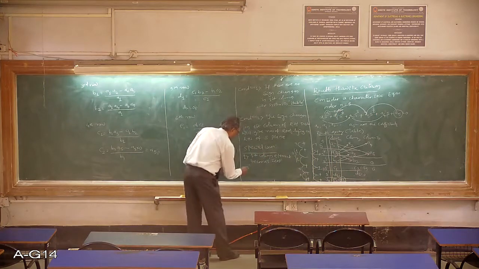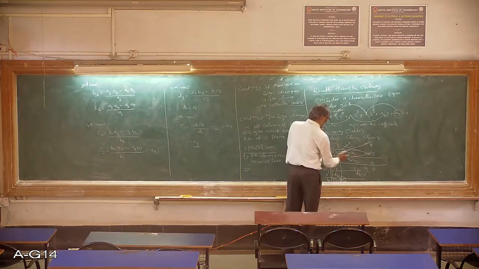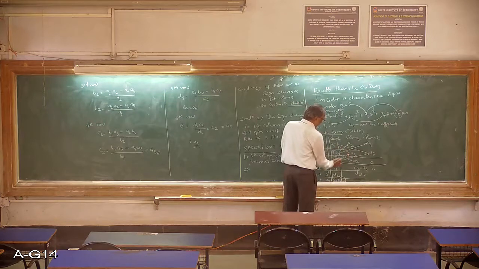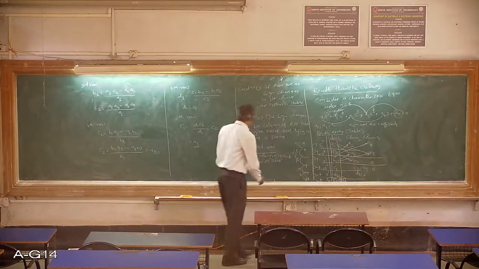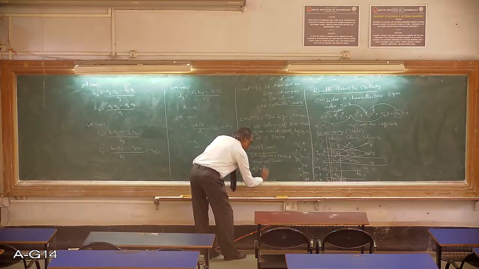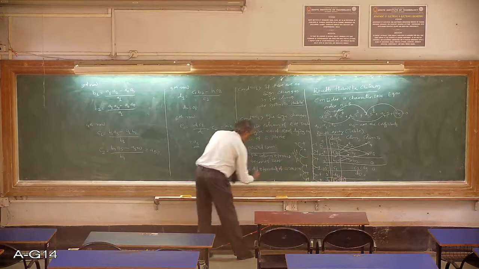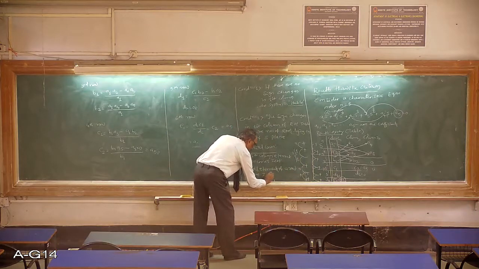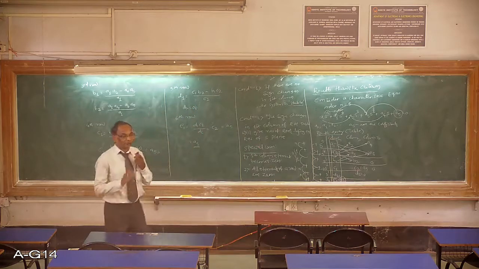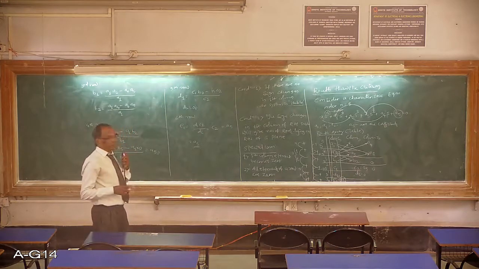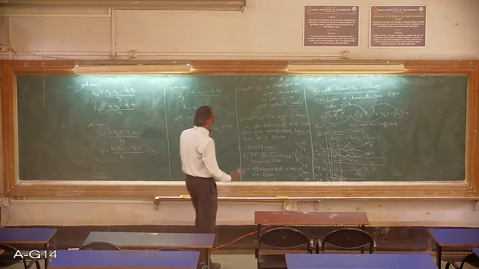special case. And the second special case is, suppose this is 1 2 1, 1 2 1. 1 into 2 minus 1 into 2, 0. 1 into 1 minus 1 into 1, again 0. So the second case is when all the elements of a row are 0. In the first case, only the first column element is 0, and the treatment is different. When all the elements of a row are 0, the treatment is a little different.